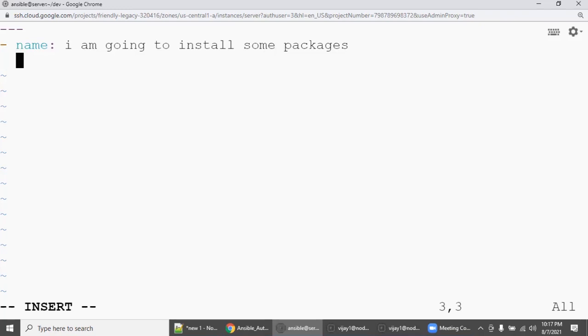Enter. So here, what are the hosts I'm going to target? I could say node1 and node2, or simply I can say all, right? Later we will see how to create a group, how to declare a group and host names, all the combinations.